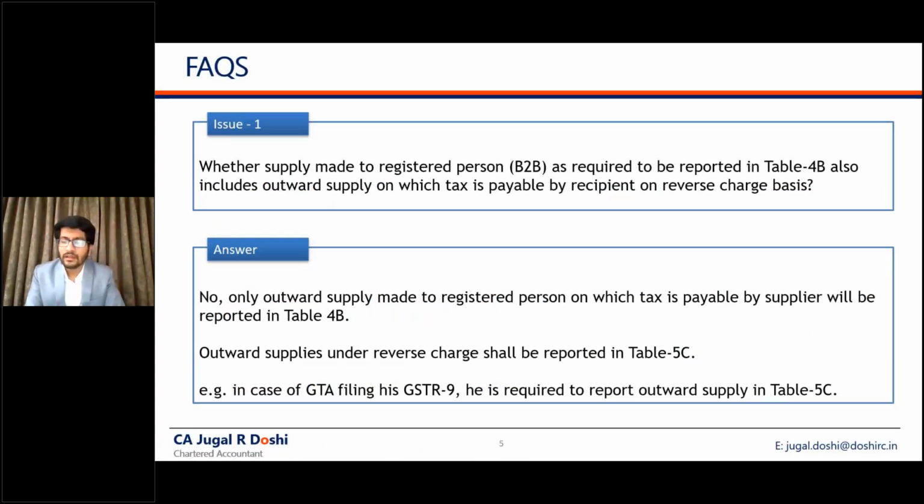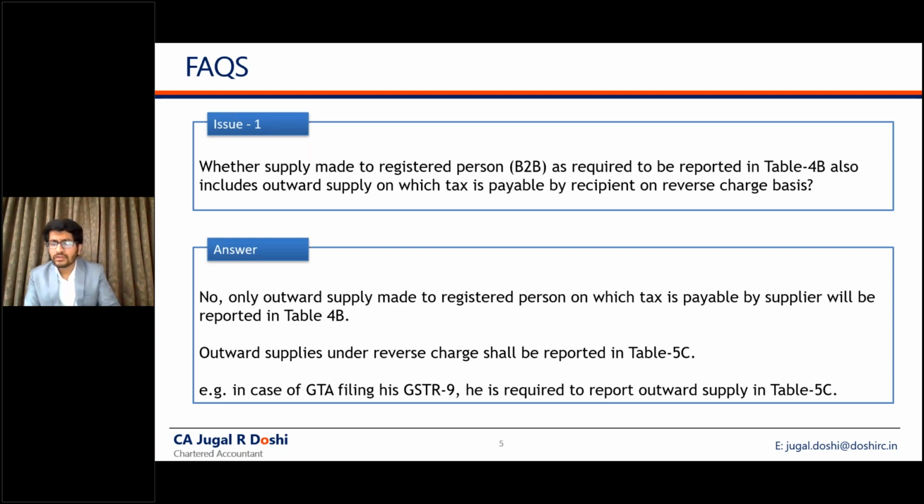For example, I am an advocate. I have GST registration, but on my few bills I have not levied GST because it is payable by recipient on RCM basis. My recipient is a registered person. While filing my GSTR1, I have reported these sales along with GST number and I have ticked yes to the clause which asks whether tax is payable by recipient.